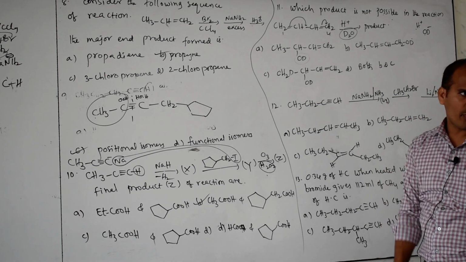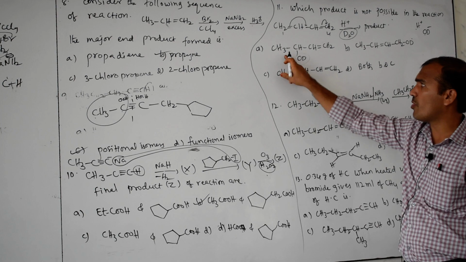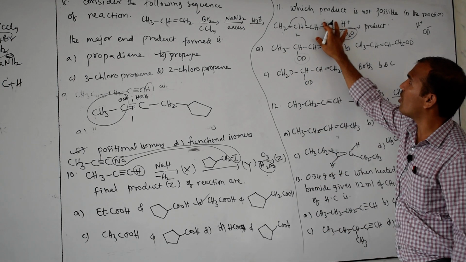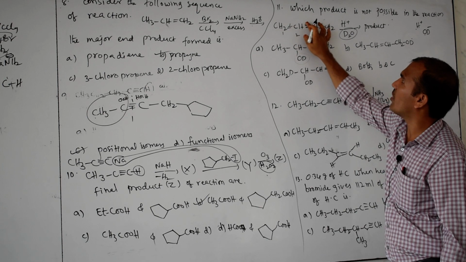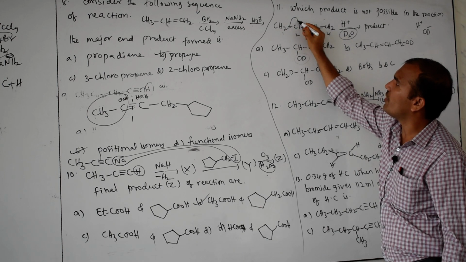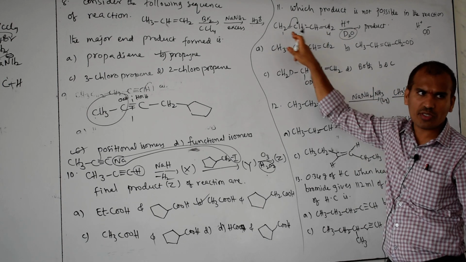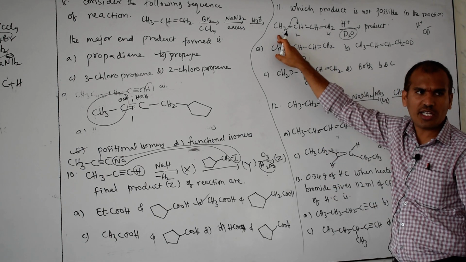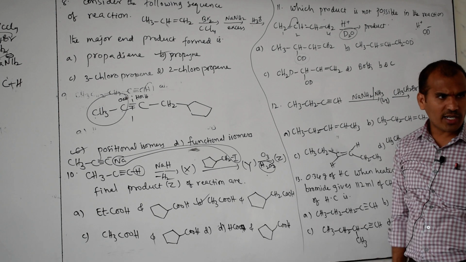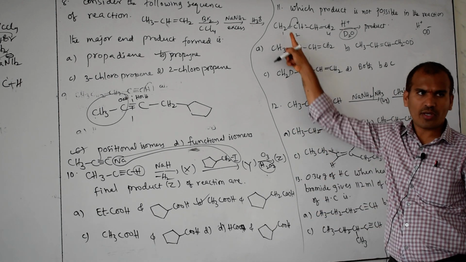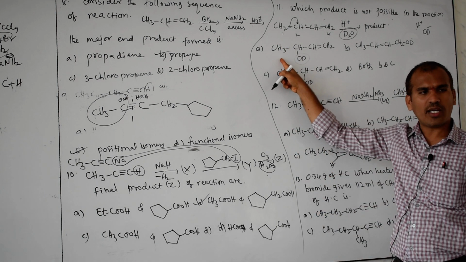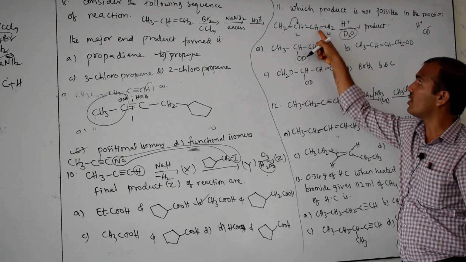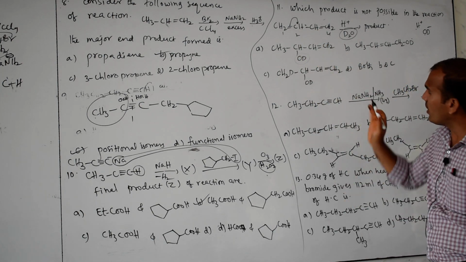So 1,2 addition product is there, 1,4 addition product also is there. So two types of product are possible. The first type of product is the 1,2 position. Then this will not shift, only up to here. Carefully observe, when it is shifted up to here, this is positive, this is negative. Clear? Then OD here, H here. Then the first option is correct. CH2, H added, CH2 plus H CH3, then CH and OD. This bond is not affected. Then this one.